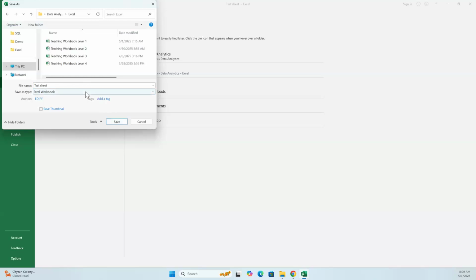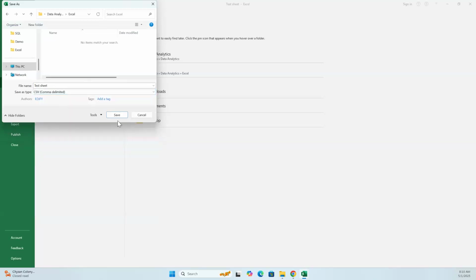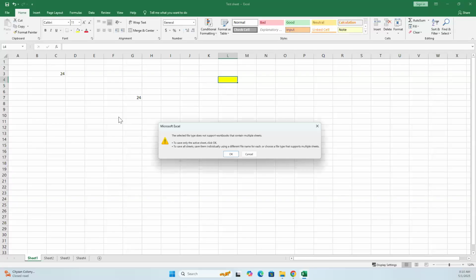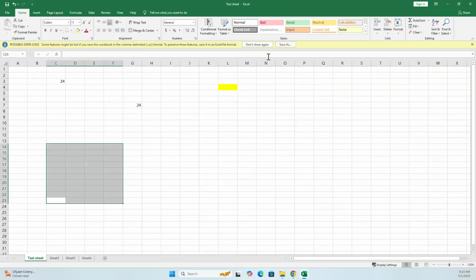Test sheet. I'll click this CSV. I'm saving this as a CSV. I'll tell you what we lose if I save this as a CSV. So I saved this as a CSV,